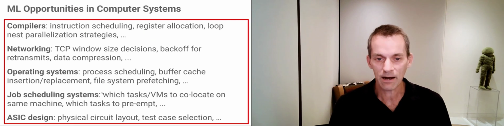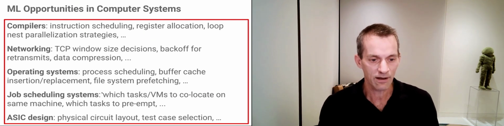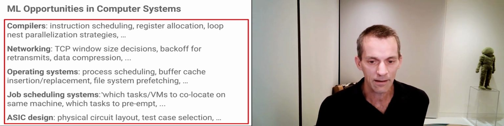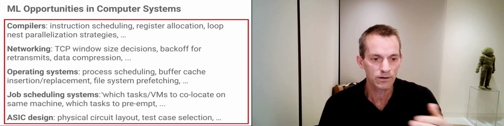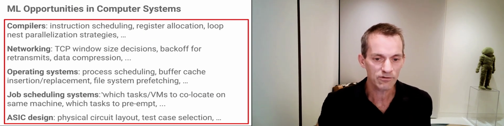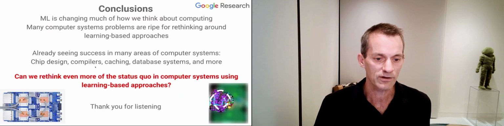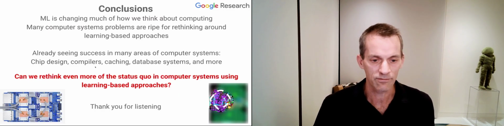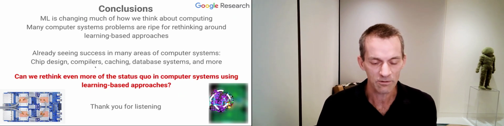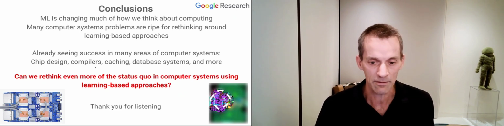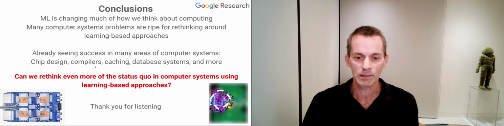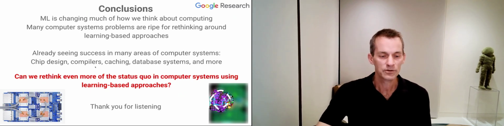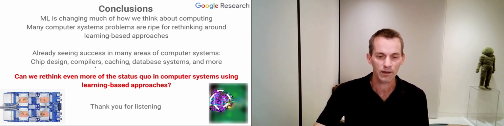Okay, so I've got a box around all of these because I hope I've demonstrated at least some aspects of being able to learn interesting things in the middle of computer systems that affect all of these different kinds of areas. And I think this is a general trend. This is by no means the full set of things in which machine learning for computer systems can be applied. But I think people should be looking for more and more opportunities to really do this in more places because it's actually working in many, many problems that we look at.